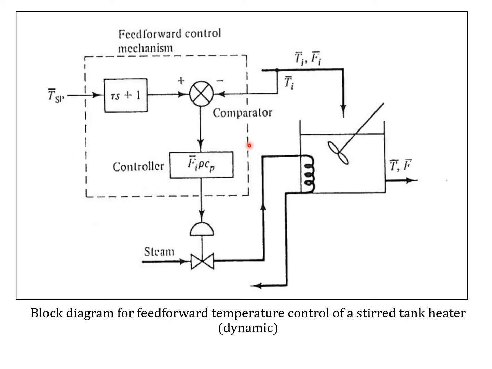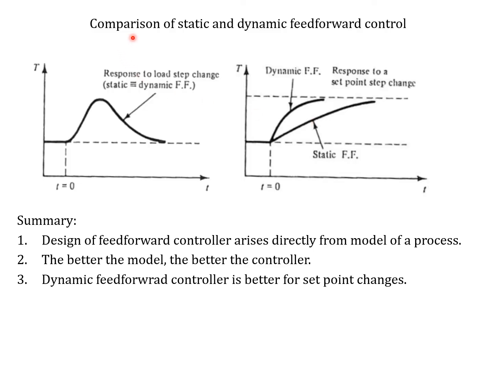Then only you multiply the f rho cp, and this becomes the dynamic feedforward controller for the whole system. Okay, this is a pure feedforward controller. So in terms of performance, for a load change into the system, a dynamic feedforward gives a bit faster response than the steady state static feedforward control for